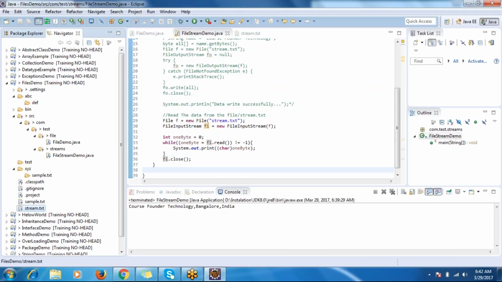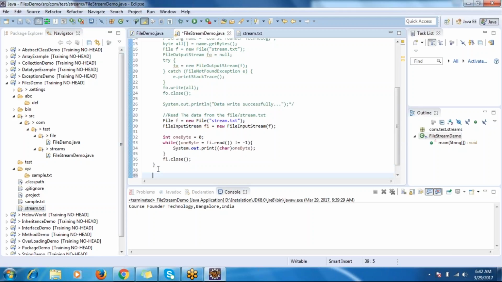Can you give me a simple example of a while loop? Like if you can create a class and give me an example. Okay, if you want a simple example,